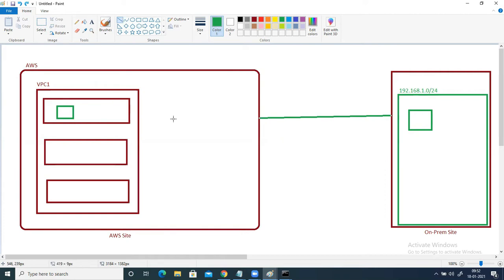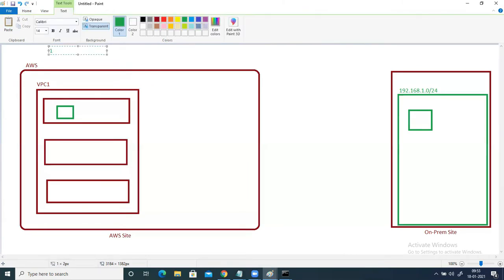Whenever you do this site-to-site VPN connection, there are 2 stakeholders in such setups. You can't do it alone as an AWS admin. Two stakeholders: one is your AWS administrator team, and the second is your network operation team. So this is a joint venture between both of them. You will take care of the configuration required from the AWS side, and the network operation team will take care of whatever needs to be done from the on-premises side.